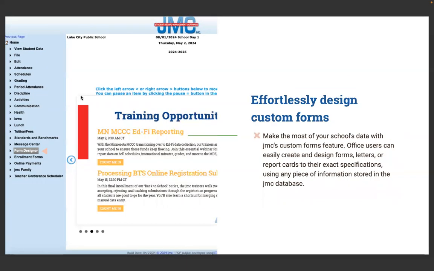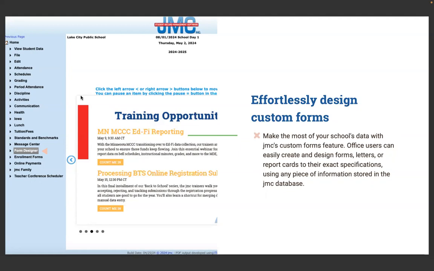As I alluded to earlier, that form designer, you can make use of any custom form that your school uses. So if your school sends out communication regarding attendance information, you can create those attendance form letters in JMC and populate all that information, leveraging the information that's listed in JMC already. So you don't have to spend a whole bunch of time editing those attendance letters and then sending them out to individual students. It's a huge time saver, literally saves front office staff hours if you are sending out those